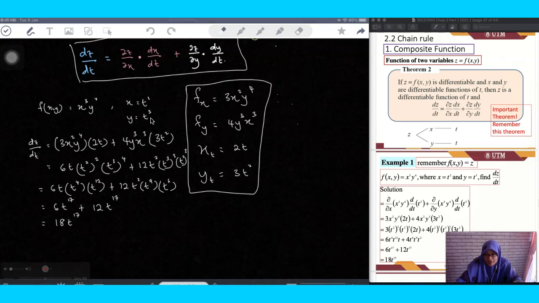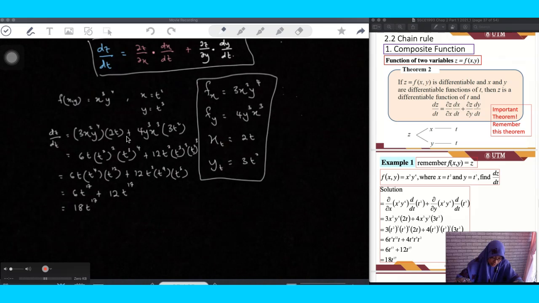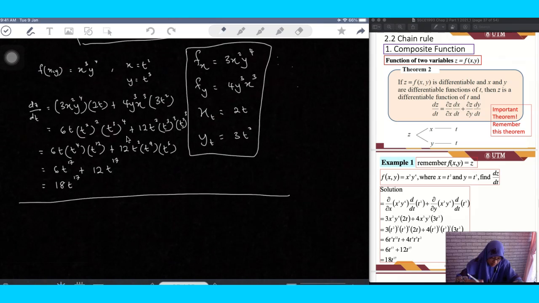Do you think we have any other method to differentiate z with respect to t, or f with respect to t? Yes, we have another method, but without using the chain rule. What is the method that we can use? What you can do is, let's say this is f(x, y), which is in terms of x squared, x cubed,